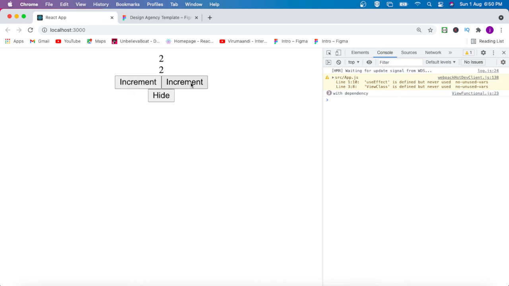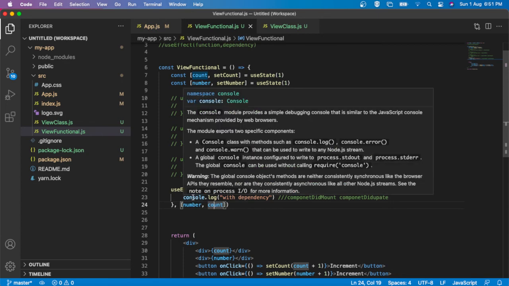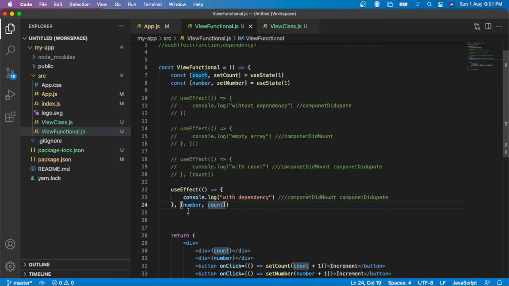If I change this one again, this lifecycle will be called because this useEffect is dependent on number and count. Clear? It means if there is any change in number or count, this useEffect will be called. So what we are doing is creating lifecycles using useEffect in different contexts. We are covering all the lifecycles using a single method, that is useEffect.